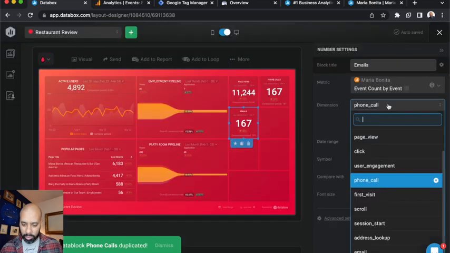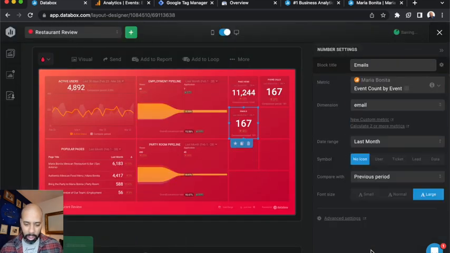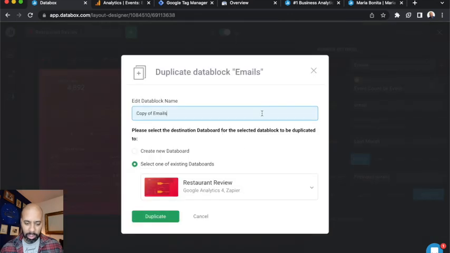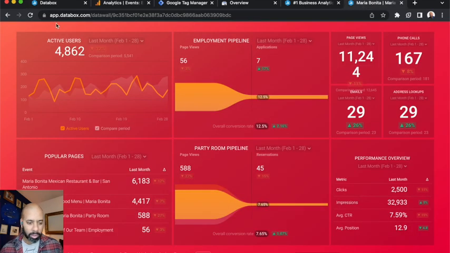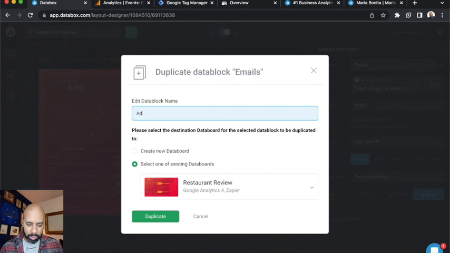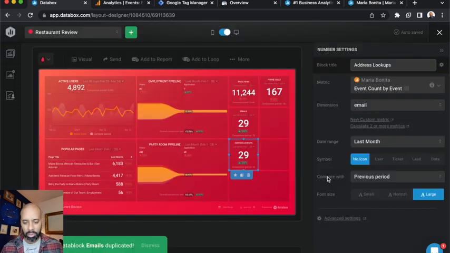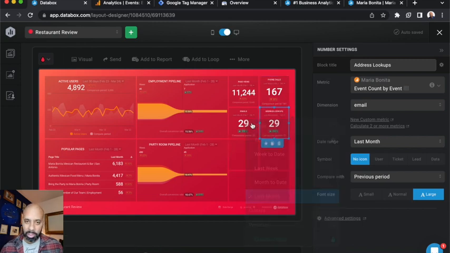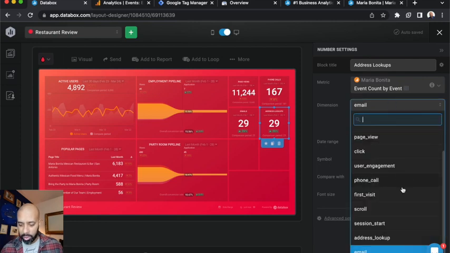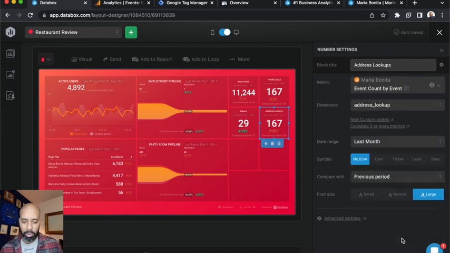So we just have to select that from here, email. And then the last one is, what was it? Application clicks. Address lookups, sorry. Address lookups. This just means when they click on an address link. So these last 3 are not built in, those are custom events that we set up. So just a note on that. And you can watch our video on Google Analytics and custom events in Google Tag Manager to figure out how